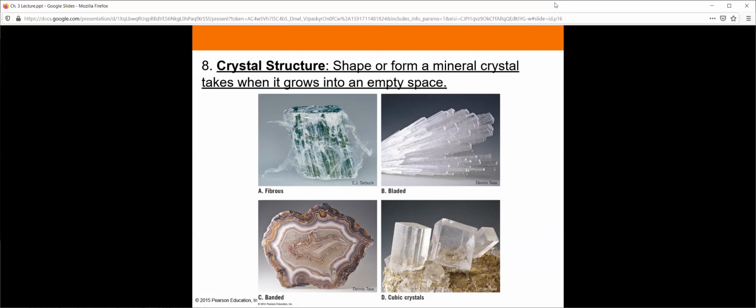Some crystals grow bladed, some crystals grow banded. There's a wide variety out there. It's all very cool and very interesting. If you get the opportunity, I'm going to highly suggest you visit a mineral museum at some point in your life. Just seeing the complexity that is the natural world is really cool and fascinating. And you end up taking away a lot more than you think you would. You'll have a good time, trust me.